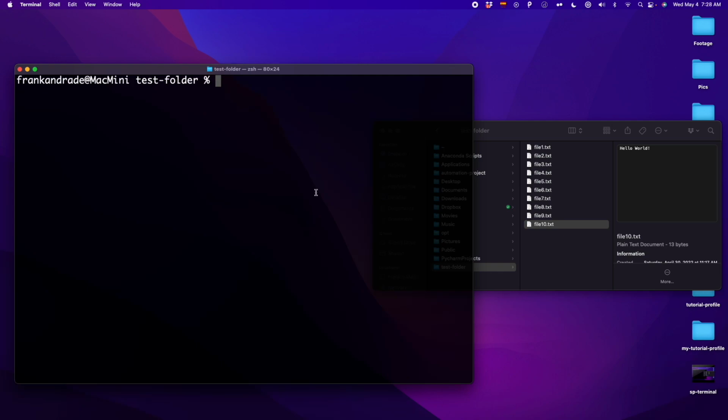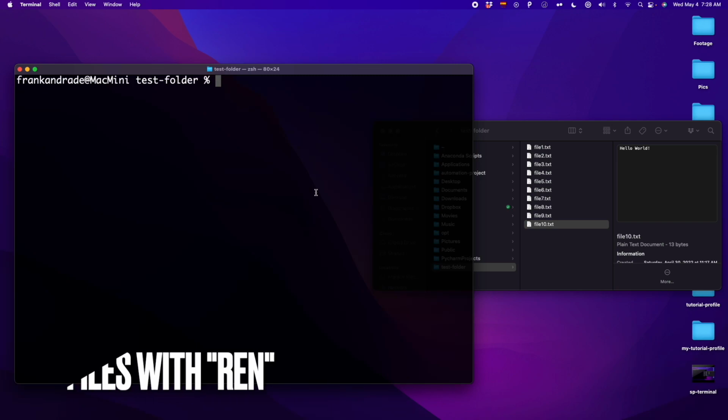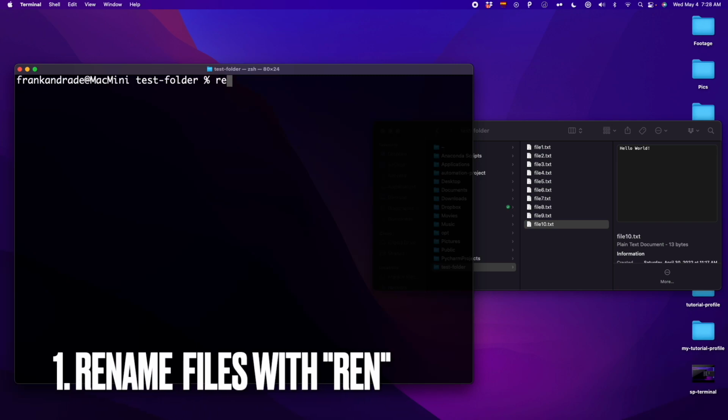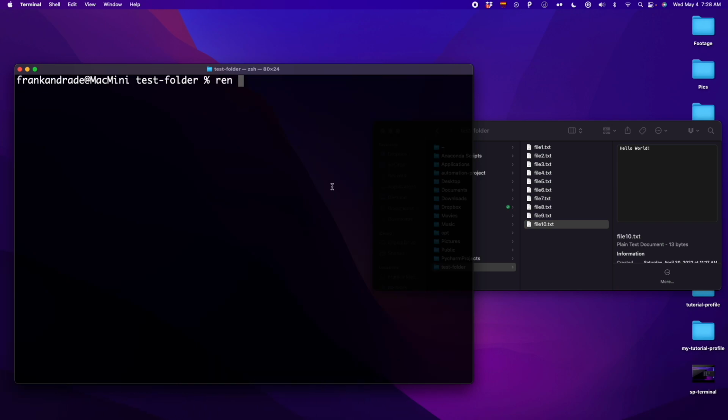Okay, first, we're going to use a command named ren. And to do that, we only write ren. And with this, we can use this command. So on the CMD, we can write just ren. But if you are on the terminal, as I am right now, you have first to install brew to use